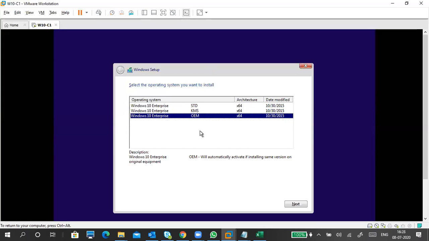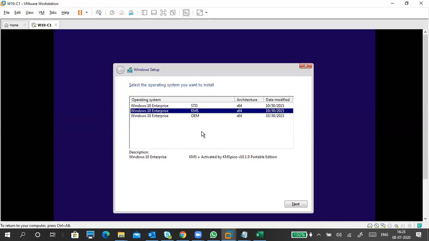This one comes with your system, and this is the centralized one. Like in an organization, centralized volume keys are there. So several keys are there, volume-wise. In companies, they will buy huge license keys. They will buy a license bundle and give it to all people by using KMS, key management system, or volume licensing management. Okay, I don't want to spend more time on this one. So just click on KMS, the middle one. Click on KMS. Next.